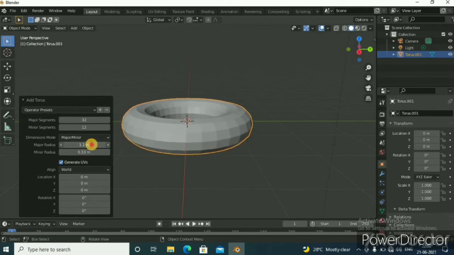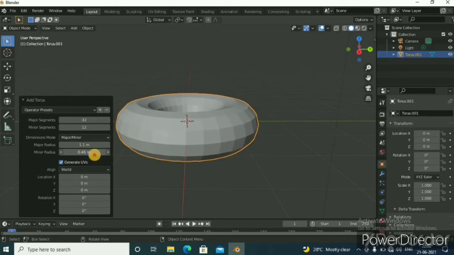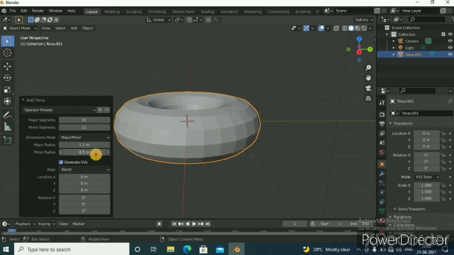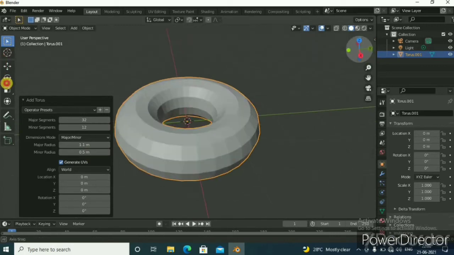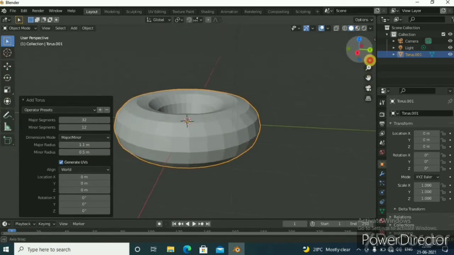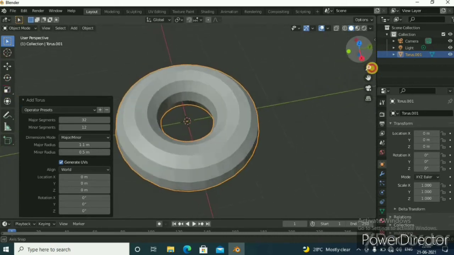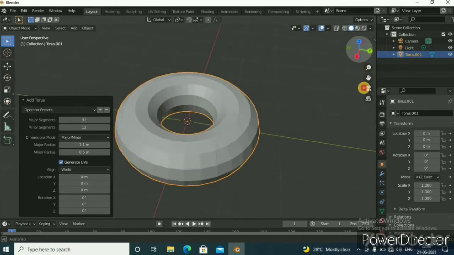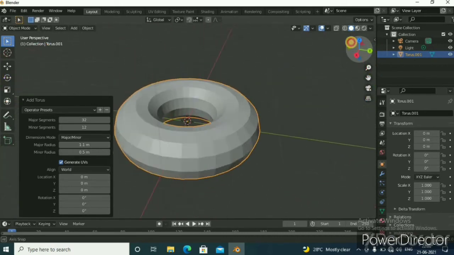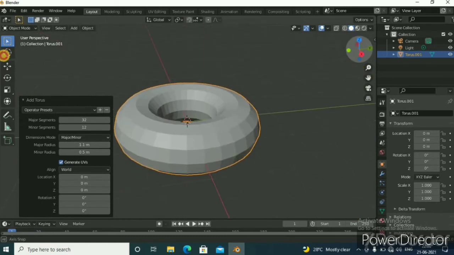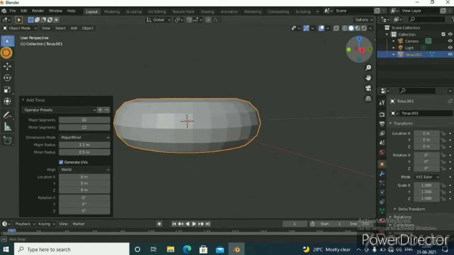I'm making it much more the perfect shape. So this is suitable for a donut. Yay, I got the shape of a donut, isn't it?